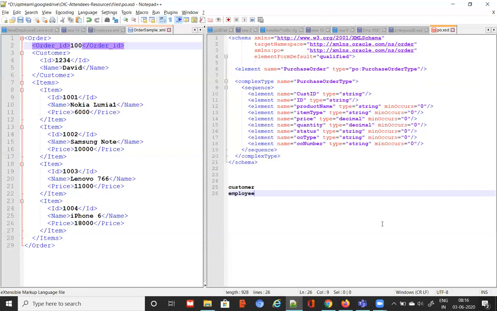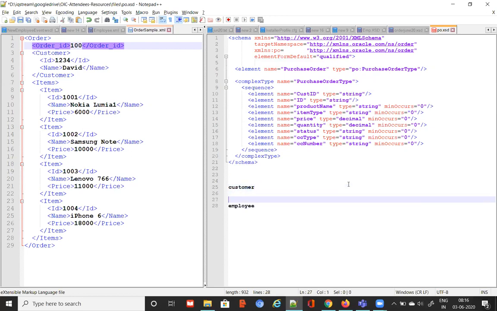The same XSD can contain a customer element, also an employee element. Two separate root elements are possible. Just make a note of this: one XML schema document can contain multiple root elements. Customer and employee, two elements are there.